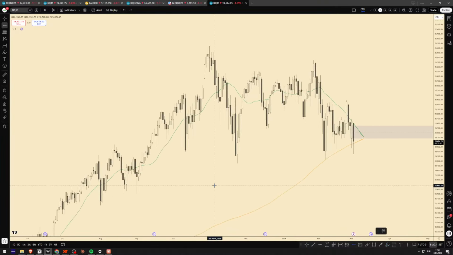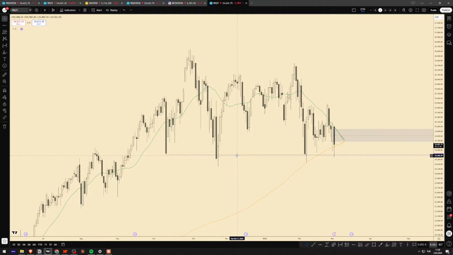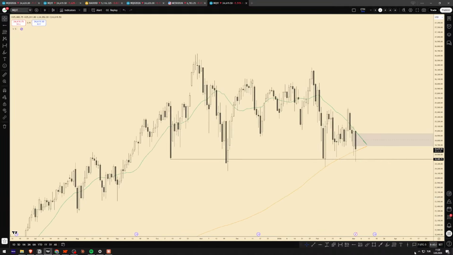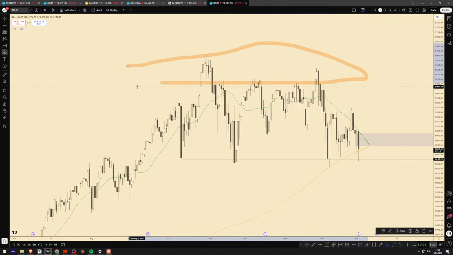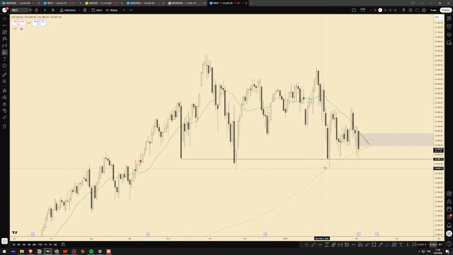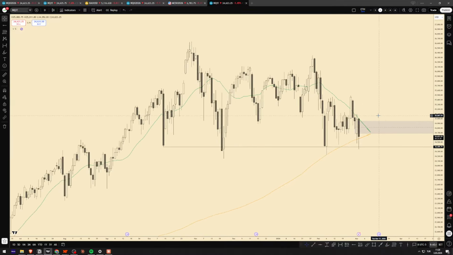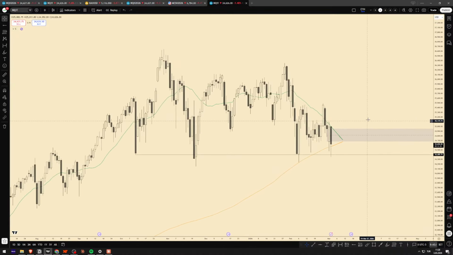So I'm removing everything and I'm just simply marking a low. Look at this. Right? I don't need to mark a particular level. It doesn't matter. I can just look at it like that. When price is getting closer to this area, it went lower. When price gets closer to lower areas, it bounced a little at least. So